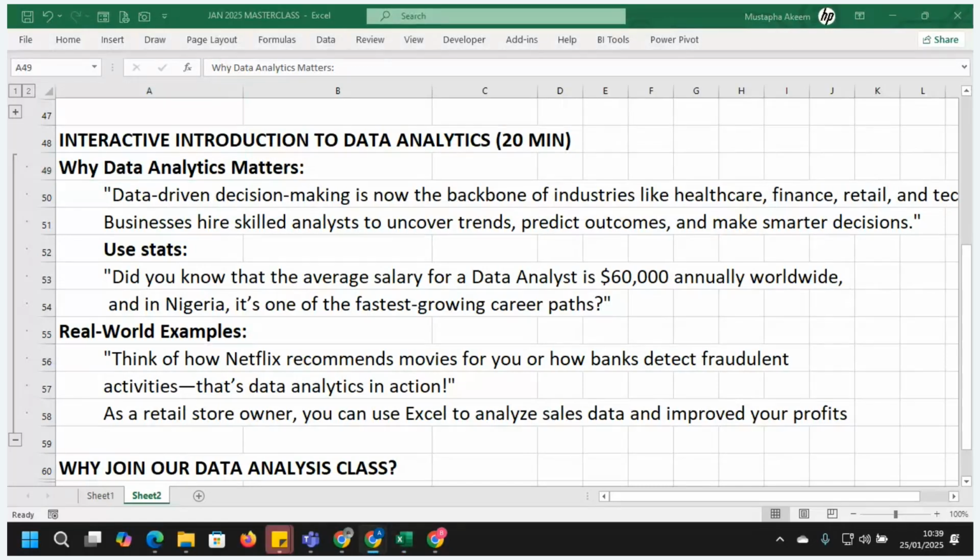Even here in Nigeria, where we earn in naira, data analysis is becoming one of the fastest growing career paths.